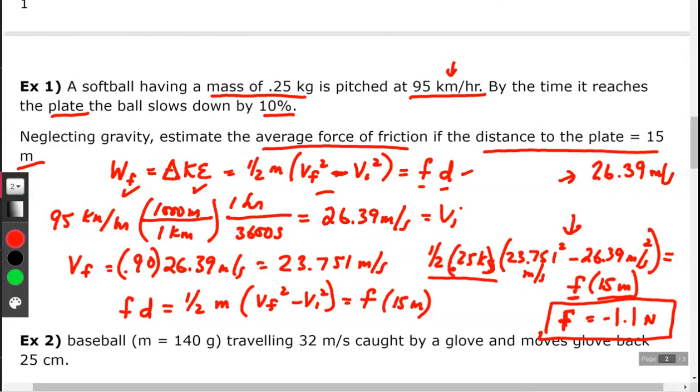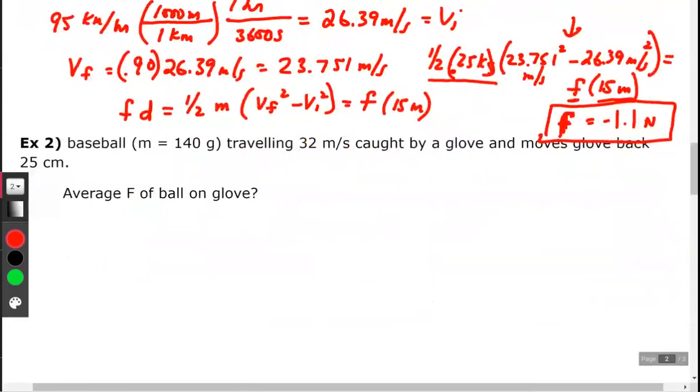There's that little F that we don't know. D is the 15. The work is F times D. And so we get a negative friction. Okay, let's leave this. Now, baseball,